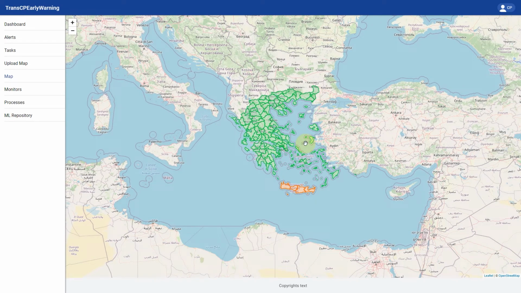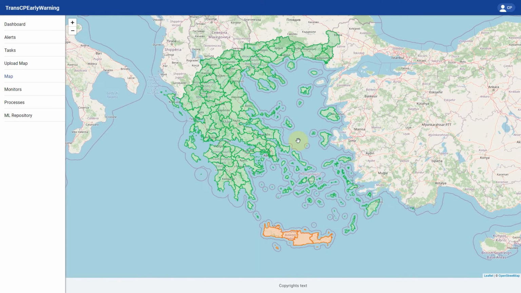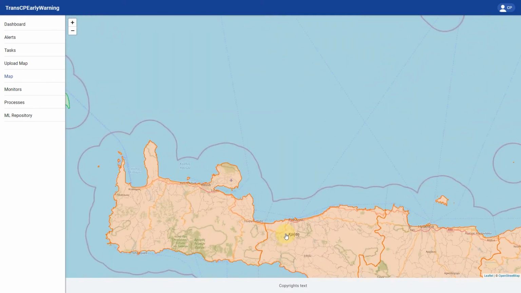This screen displays a sample fire risk map of Greece, color-coded according to actual fire risk of each region on that particular day. The different colors show the different level of risk. The administrative units which are at low risk are colored in green, while those which are at high risk are shown in red. This feature is also useful for distinguishing the borders between two neighboring regions.